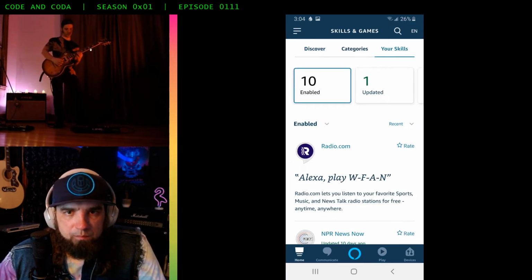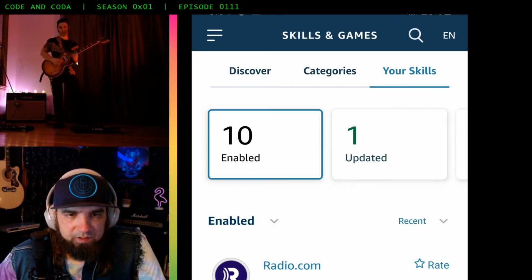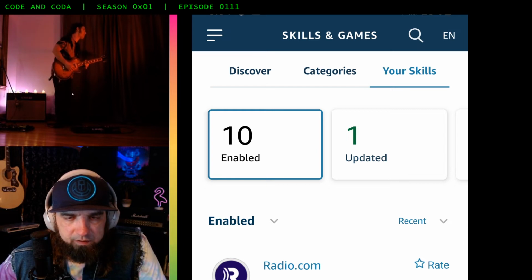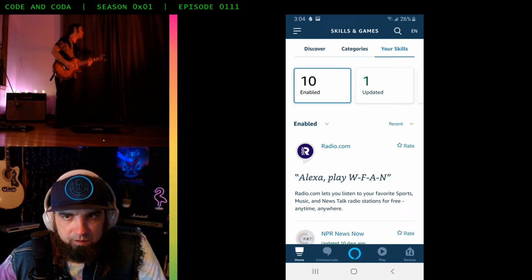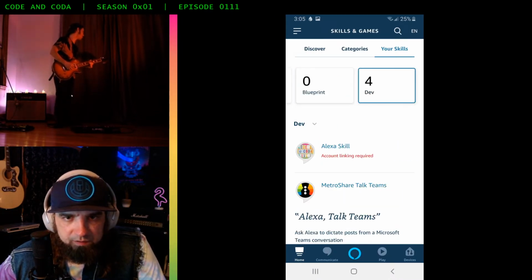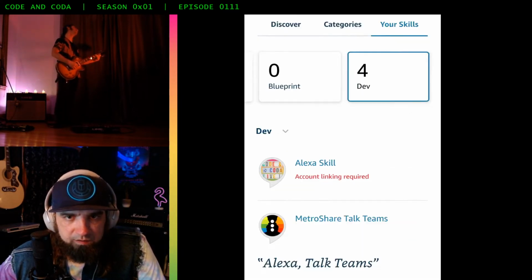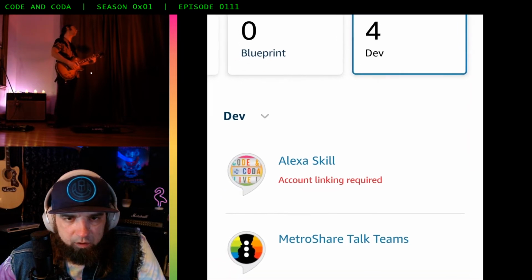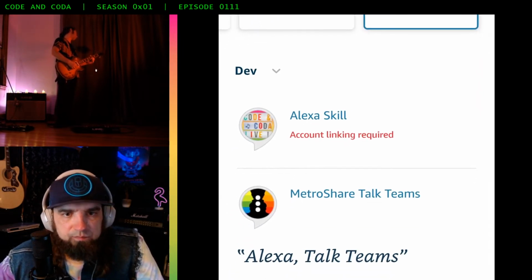Once you open up the Your Skills tab, you'll see at the top there's 10 enabled, one that's updated, and then if you scroll to the right, you'll see that we have some skills in development. Here are the skills that we are working on in our developer console.